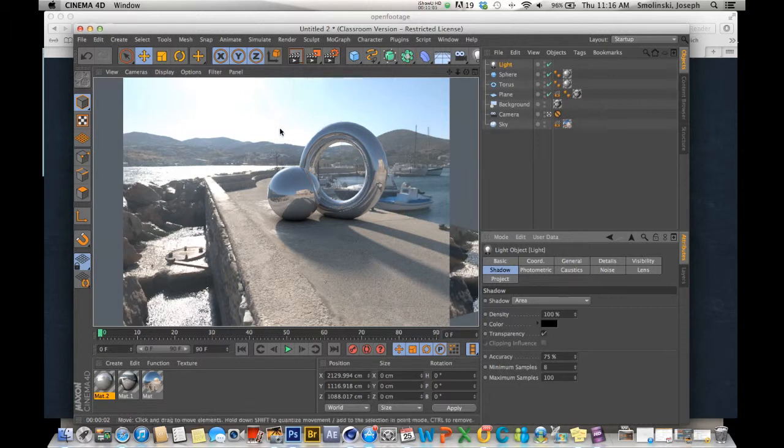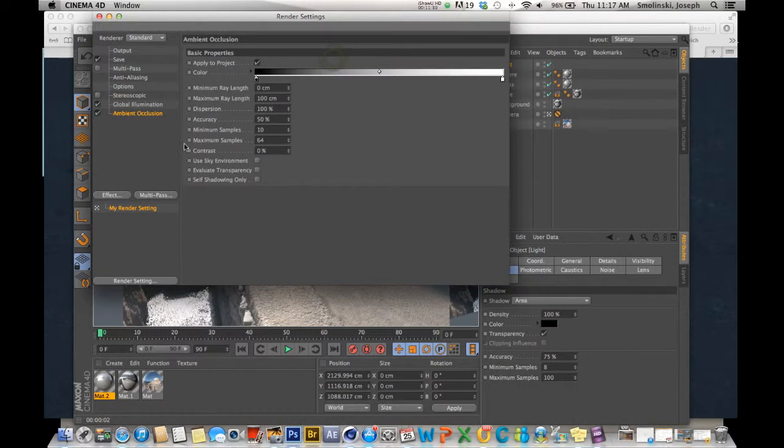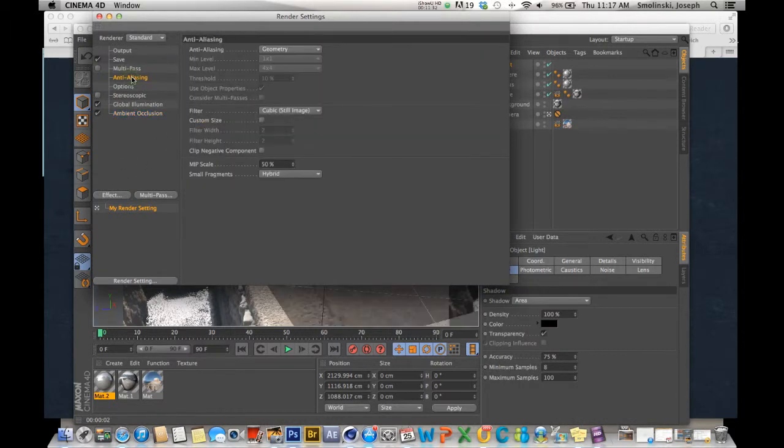All right, it's looking pretty good. It looks like the shadows are somewhat consistent with the objects. They're also reflecting the shadows in the objects, which is a nice added quality to the scene. The lighting is coming from the HDRI plus that sphere that's lighting the scene to give us these nice shadows. Notice the nice falloff with the shadow because of the global illumination, and the nice surface on the ground because of ambient occlusion. Last thing I'd do with this is go to render settings and go to the anti-aliasing